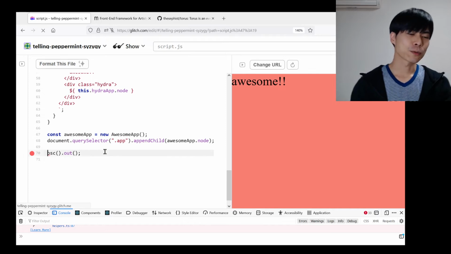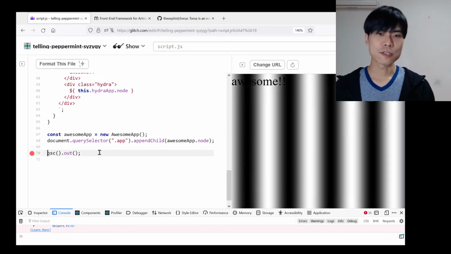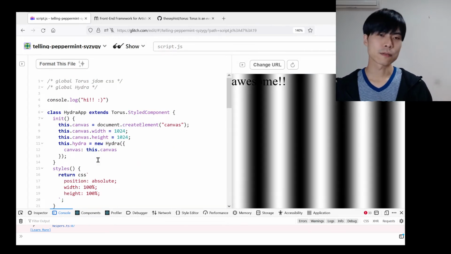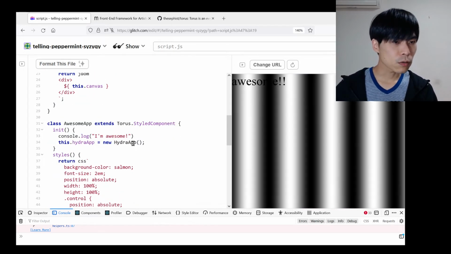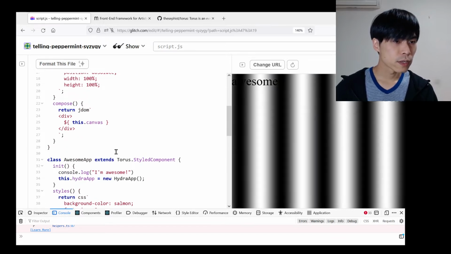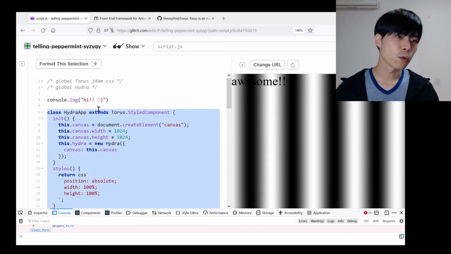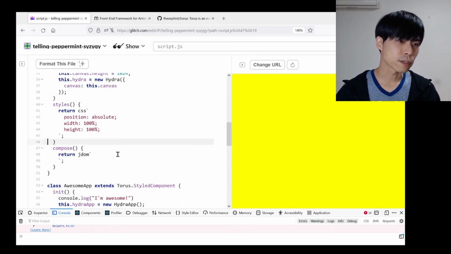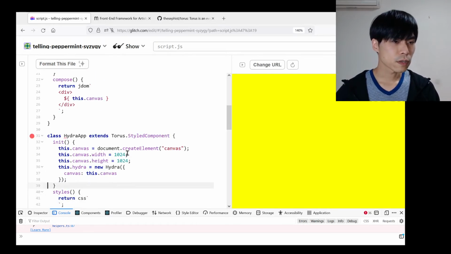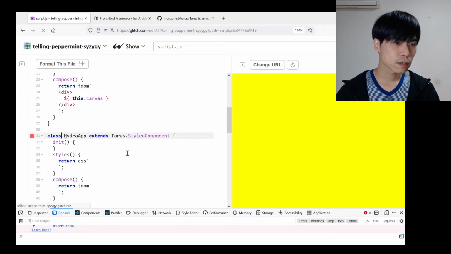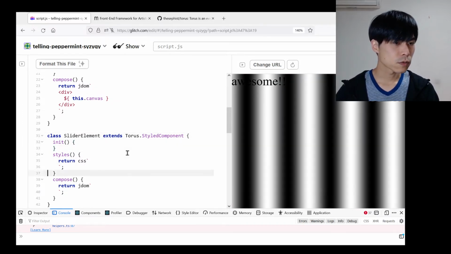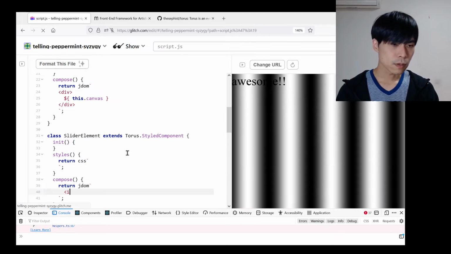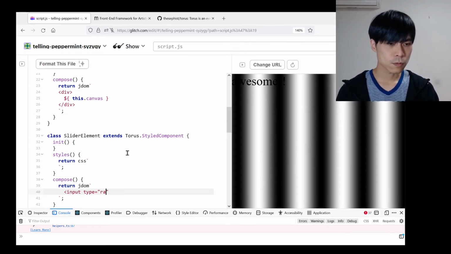So I moved the Hydra code here because it's just one line of code and it's kind of separate from the container itself. Now what I'm going to do is to add a new app, or it's not even an app, I would just say this is a slider element. So just clean it up again, just make a basic Torus object, slider element, and this will create an input. Type is range,